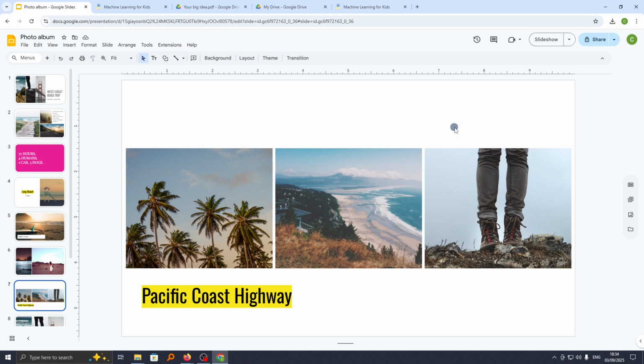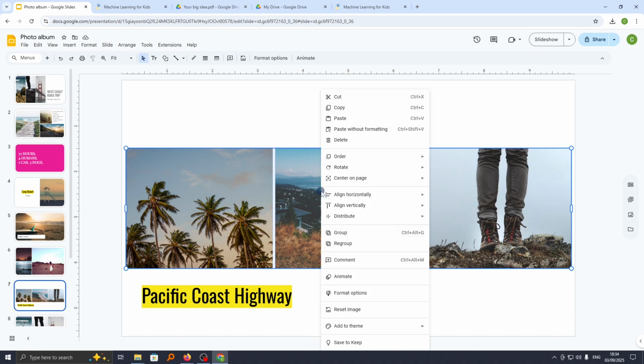To do that, it is quite simple. First, head over to your keyboard and press down the Shift key. Then select all the objects that you want to group while holding down the Shift key. And now you can see we have a continuous selection of all the three. Once you're done, release the Shift key and right click on any of the images